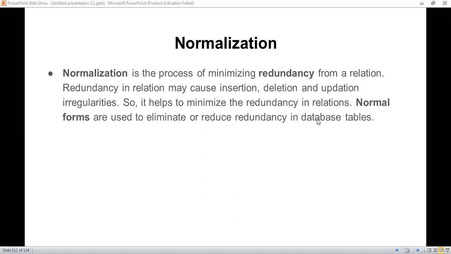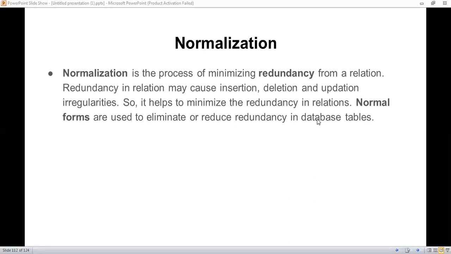So the process where we minimize the redundancy of data from a table or relation is known as normalization. Okay, so when we perform three operations, insert operation, delete operation, and update operation, with the help of those three operation irregularities, redundancy of data in a particular relation might happen. Normalization is also called a normal form.